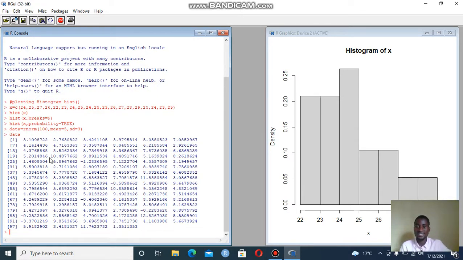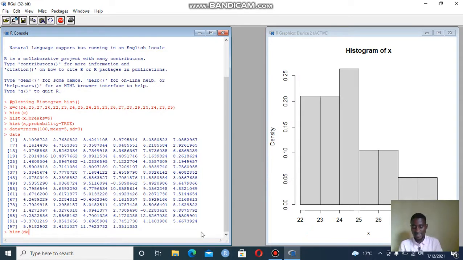So this is the data we are generating of a normal distribution of 100 entities with mean 5 and standard deviation 3. And now we want to plot the histogram of this data, and here we'll go ahead and label the title, label the x-axis, and also try to color our bars of the histogram. So we'll go and say hist